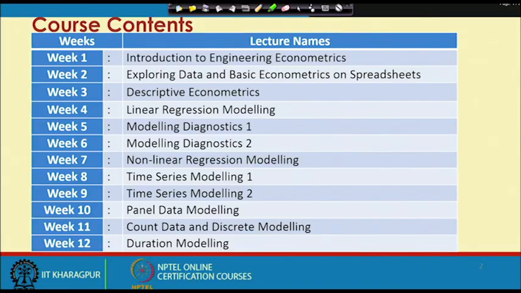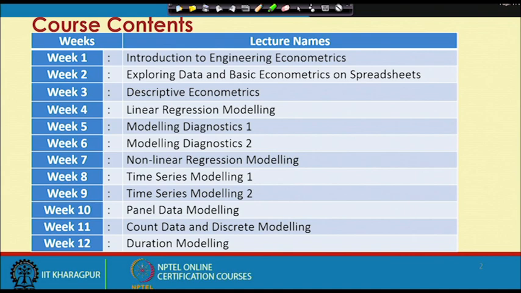And then we will move to unit 2, where we need to know the use of data and spreadsheets, because this is a quantitative subject, and here we like to use mathematics, statistics and statistical software. For that, the use of data and spreadsheets is very essential, and that is how in unit 2 we will discuss all the details.